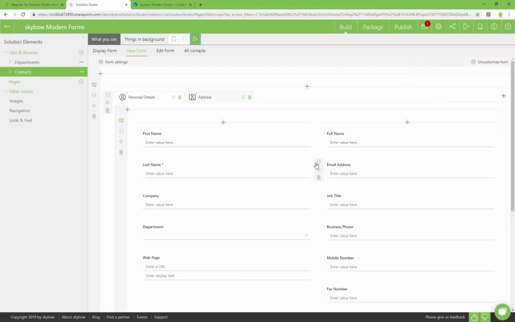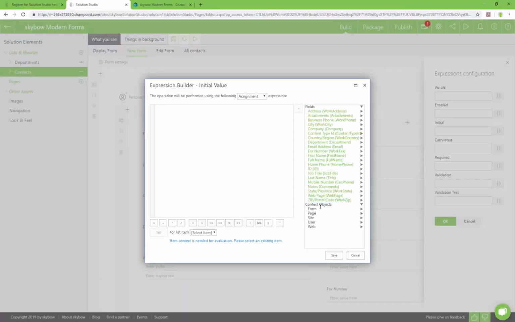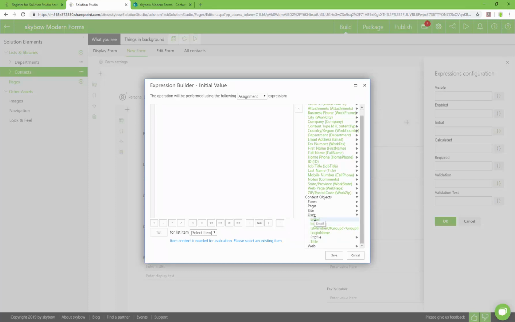If you want to have default values in your form, you can use the initial configuration. You can easily access your user profile information using the Skybo Expression Builder.